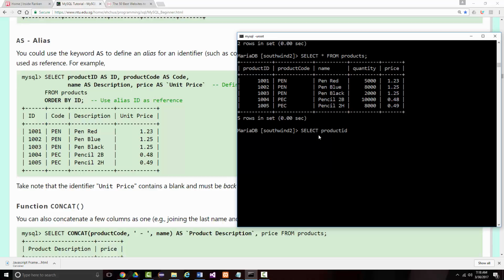Product ID as, which is a keyword, double quotes, you can use double or single, product ID, product code as product code,